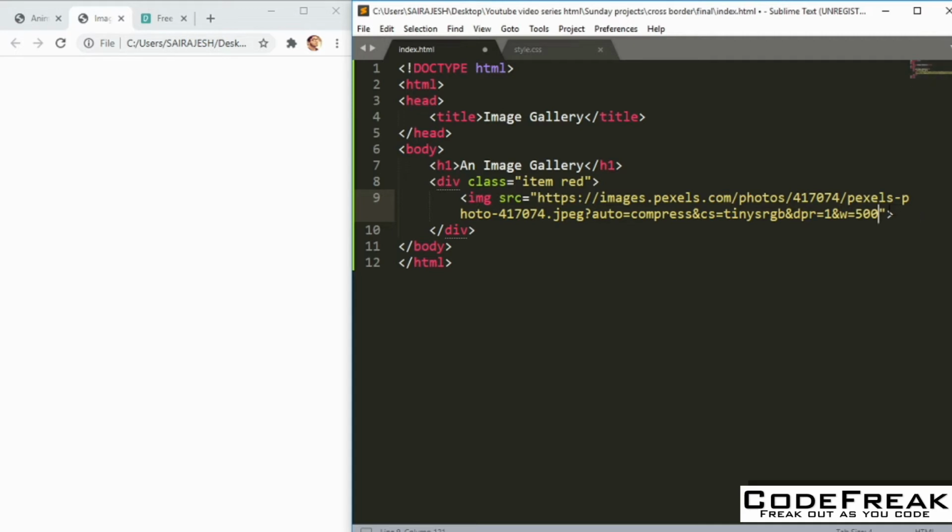And I'll close the tag here itself. Let me use an I tag. So icon, we need icons, right? So let me use an icon like this, and the icon will have a class which is going to be fa fa-share-alt. You can find the link in the description for actually seeing the documentation of this. Okay, so now let me just copy this again